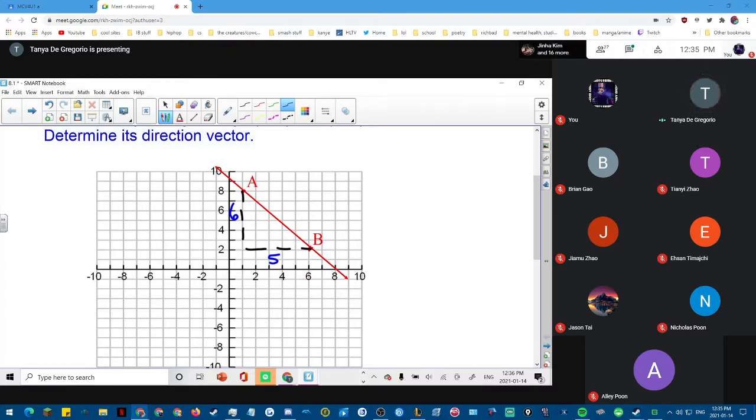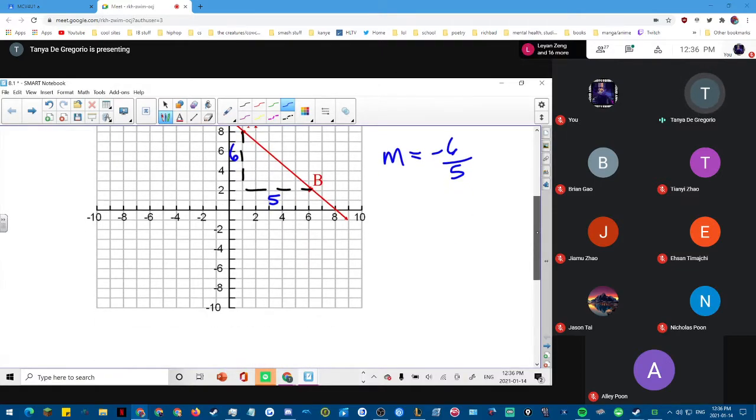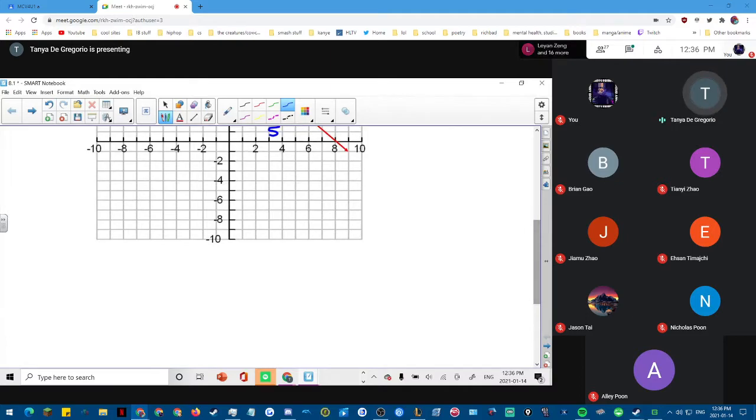Okay, so in terms of a direction vector, so if this was a slope, how would we write this? Slope of this line, how would I write this? -6/5. Yes, always rise over run, and we see that it's a negative slope, so it's -6/5. As a direction vector,